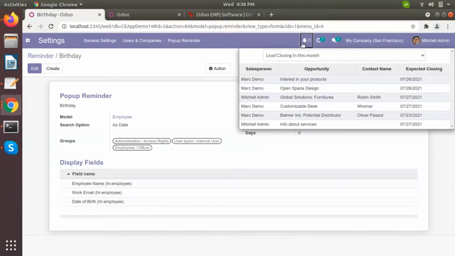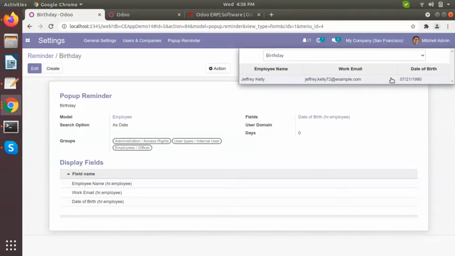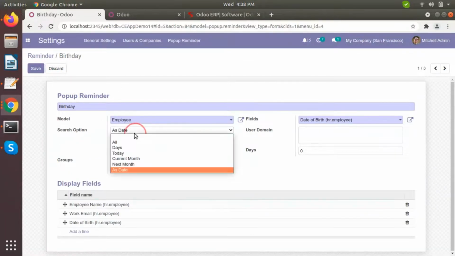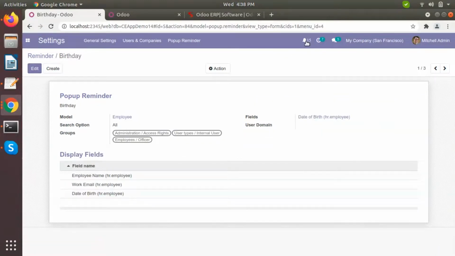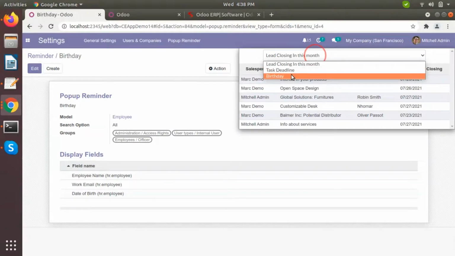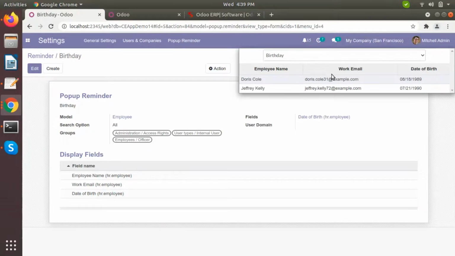And now if we look at a birthday, only the birthday that is today will be shown here. If we want, we can show all birthdays. So let's select all birthdays, and now if we go to a particular birthday reminder, all birthdays will be shown. So this is how our module works.